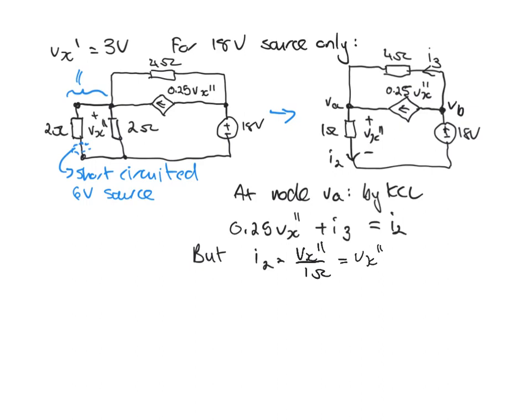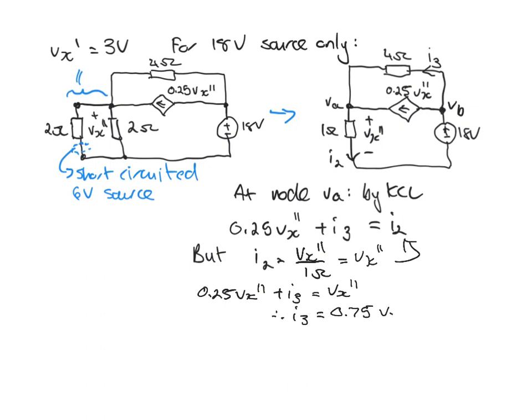And so if we put this into that equation, then we get 0.25 Vx double dashed plus I3 is equal to Vx double dashed,